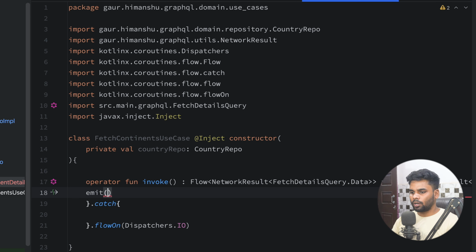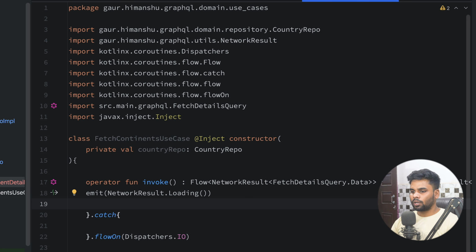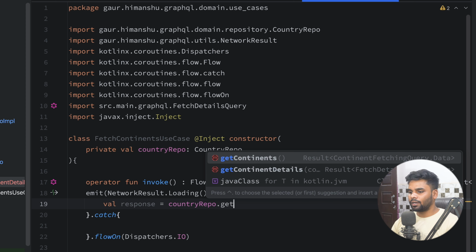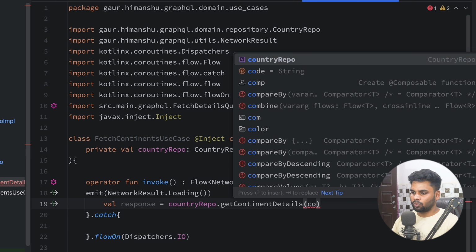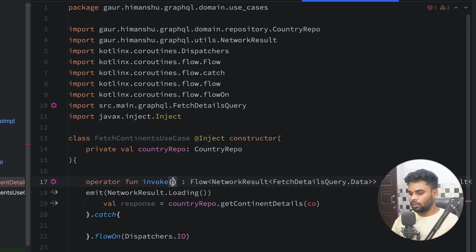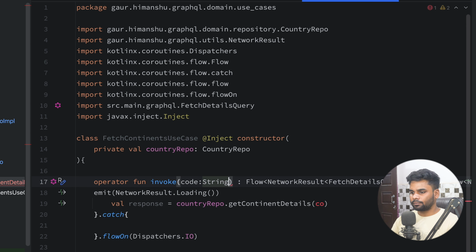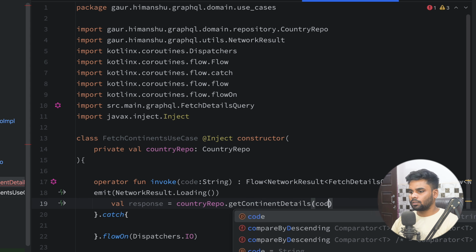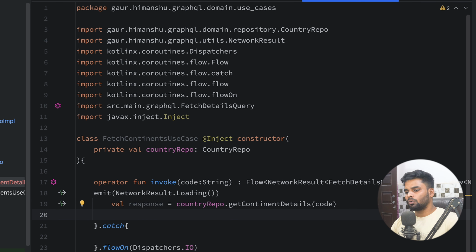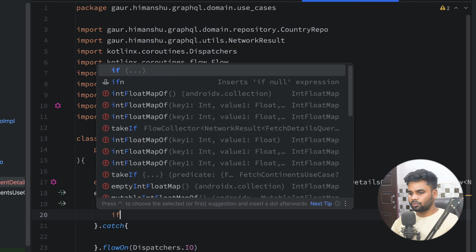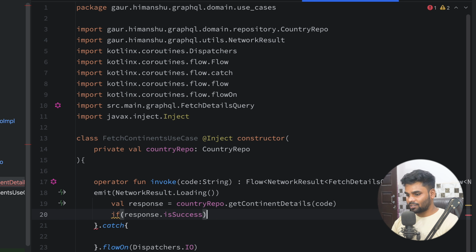So first I'm gonna emit the network result loading. Then I'm gonna create a variable naming response, which eventually uses my country repository get continent details and passes the code. So in order to use this code, I'm gonna create a parameter here. Now I will pass it. So in the case of, if our response is success, then in that case I'm gonna emit